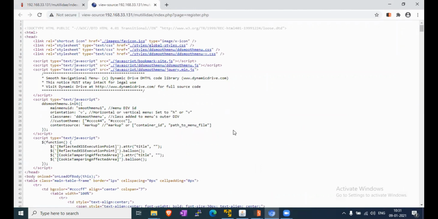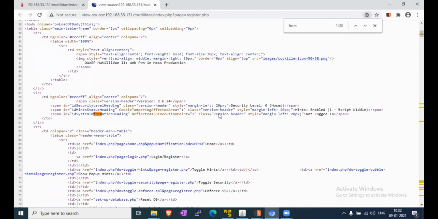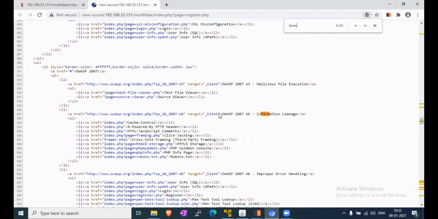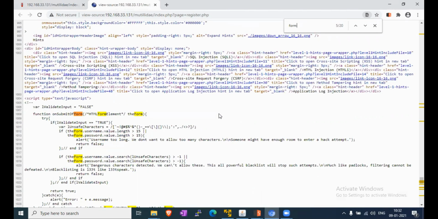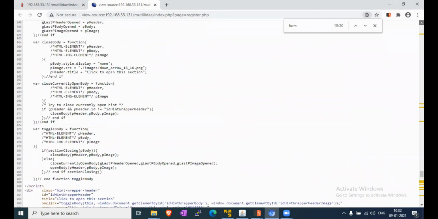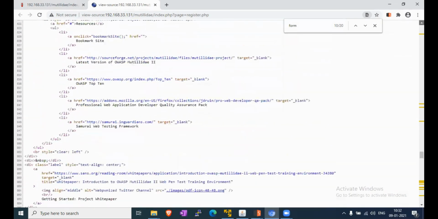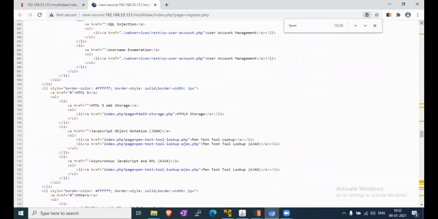For that, while viewing the page source, press Control F and search for form.